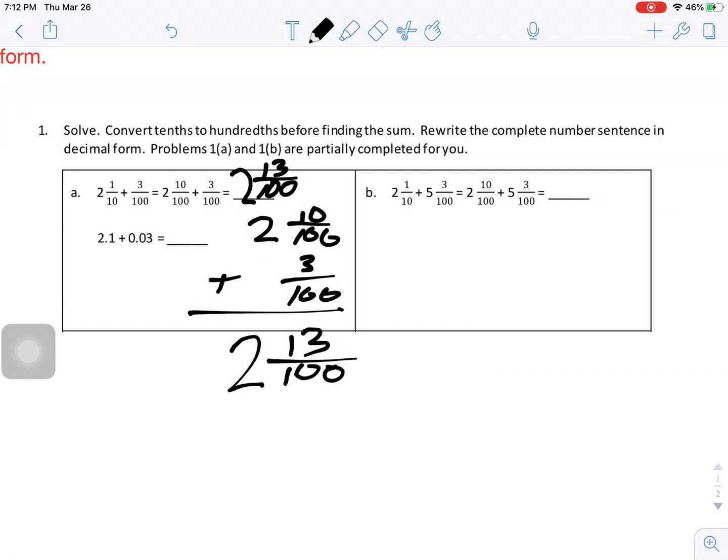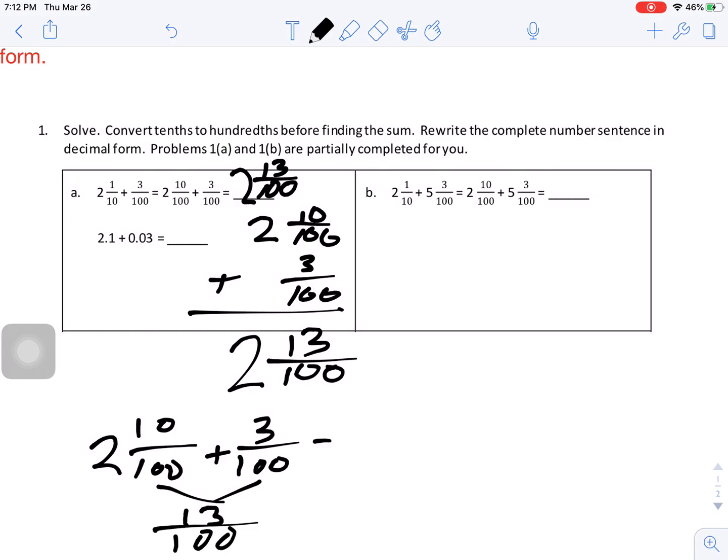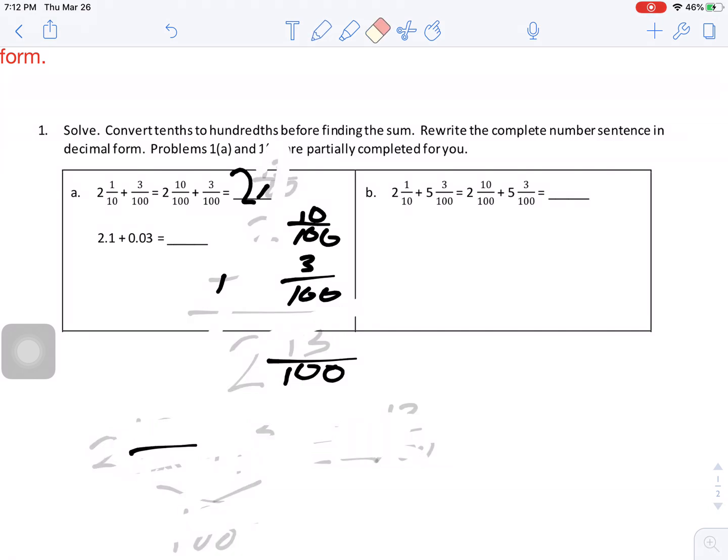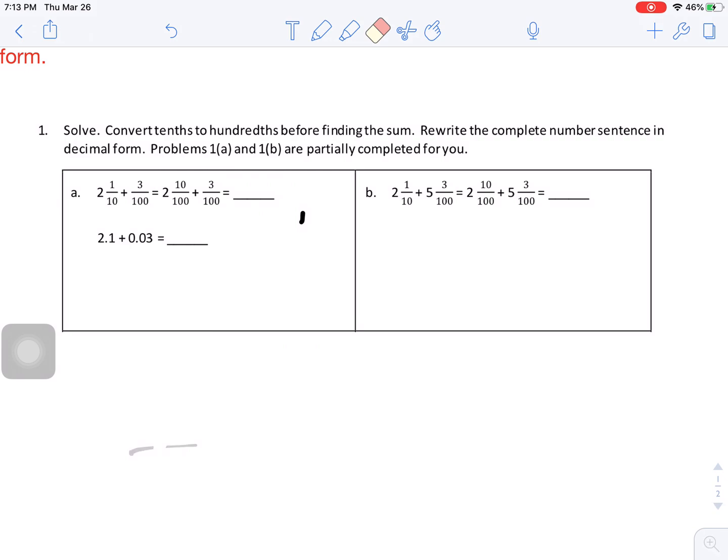If you don't like to do it vertically, you could also do it horizontally. 2 and 10 hundredths plus 3 hundredths. We know that 10 plus 3 is 13 hundredths. So then you just bring the 2 over, 2 and 13 hundredths. We can rewrite this as 2 and 13 hundredths. We can rewrite this as a decimal here by going 2 and 1/10 plus 3 hundredths, and